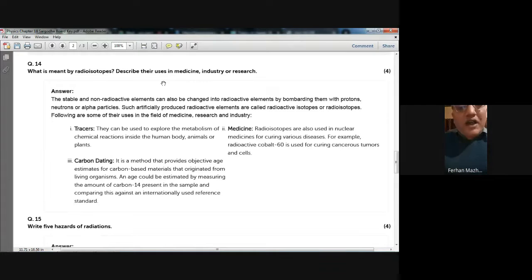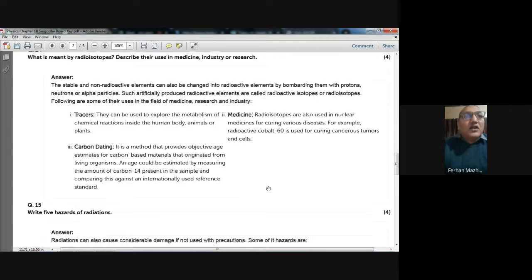So that was a 4-mark question. What is meant by the radioisotopes? Describe their uses in medicine, industry, or research. I hope that you will never forget these answers. Okay, so the next question is